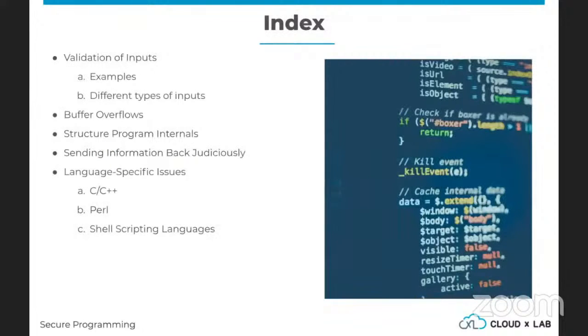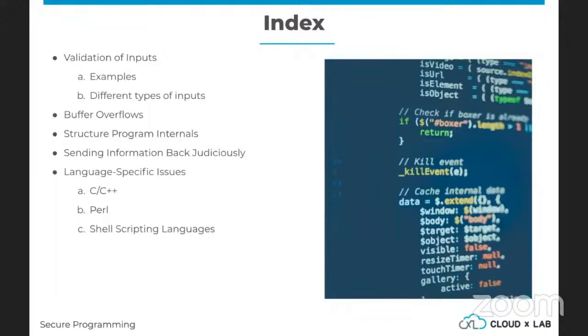So the structure of this session is around these parts. First, I'm going to talk about validation of inputs, the examples, different types of inputs. Then I'm going to talk about buffer overflows. Then I'm going to talk about software practices, how to structure your program's internals so that your program has fewer security bugs.